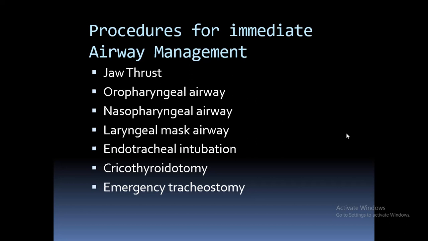The third is nasopharyngeal airway. It is inserted transnasally into the posterior hypopharynx and it relieves the soft tissue obstruction caused by the tongue and the pharynx. Fourth is laryngeal mask airway. It is a device with a tube and a triangular distal end which fits over the laryngeal inlet, and oxygen can be delivered directly into the trachea.